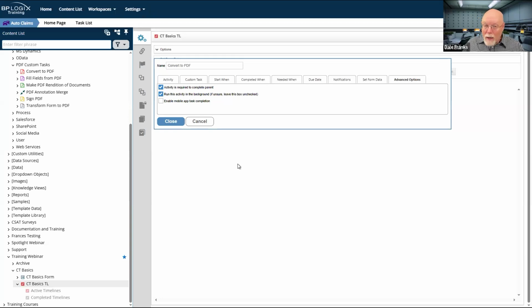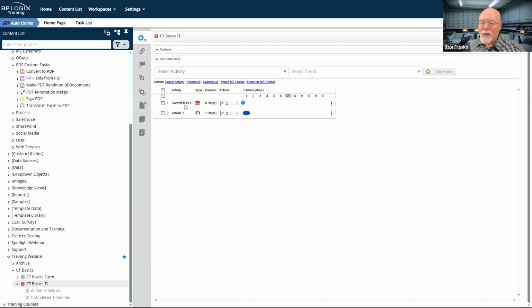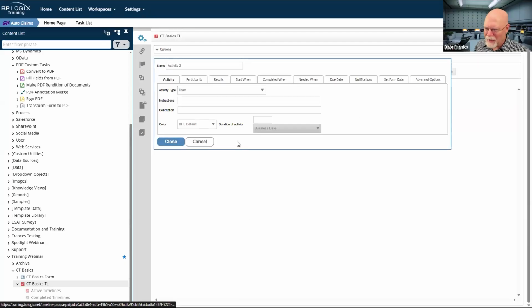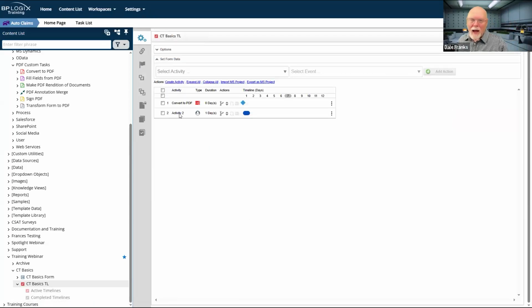That's great, but now technically what that means is I can submit this form and it will invoke this rather lengthy convert to PDF process. And while it's skipping past that and it doesn't delay me, it now goes directly into activity 2. And I can actually open up activity 2 and do whatever it was that I needed to complete the task.